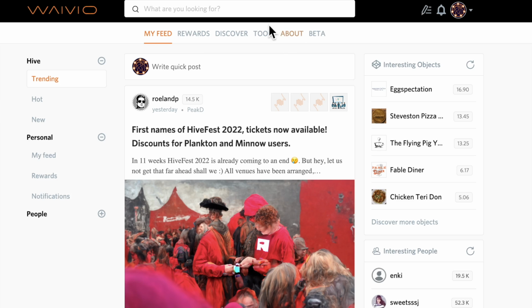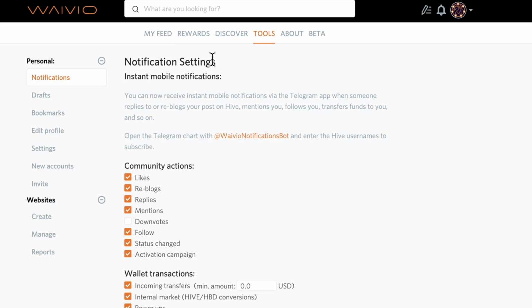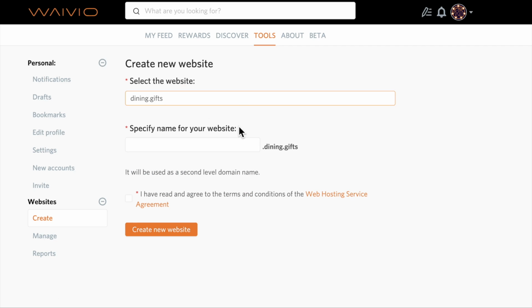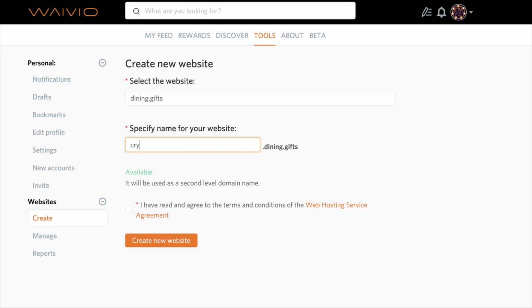Go to Tools. Under Websites, click on Create. Here, select Dining.Gifts from the templates. Then, think of a creative subdomain name for your website. For example, if you write crypto, your website will be